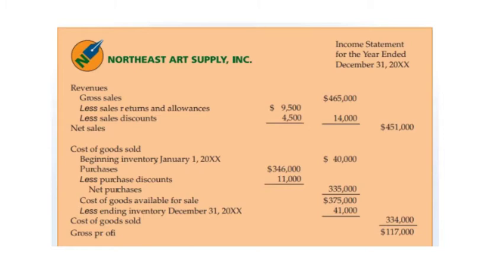Thus, during the year, it had total goods available for sale valued at $40,000 plus $335,000 for a total of $375,000. Twelve months later, Northeast had sold all but $41,000 worth of the available goods. The cost of goods sold was therefore $375,000 less ending inventory of $41,000, totaling $334,000. A firm's gross profit is the net sales less the cost of goods sold. For Northeast Art, gross profit was